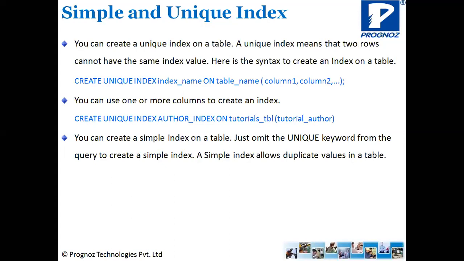Okay, how can the unique index be created? CREATE UNIQUE INDEX index name ON table name, and in brackets the columns on which you want to apply that index. Similarly, you can use one or more columns to create an index, so we just have to provide the multiple column names over there. Another example is CREATE UNIQUE INDEX author_index ON tutorials_table (tutorial_author), because most of the time the tutorials are searched on the basis of